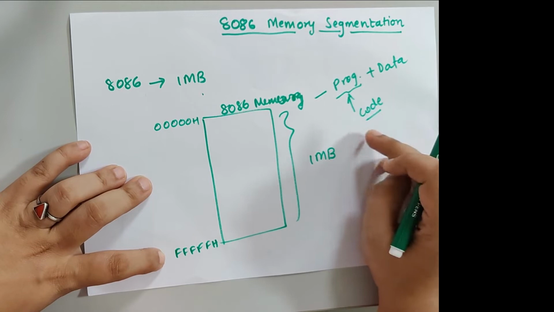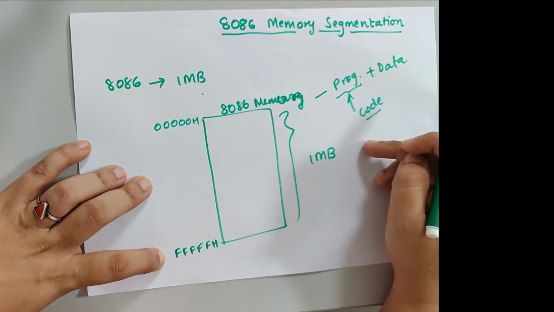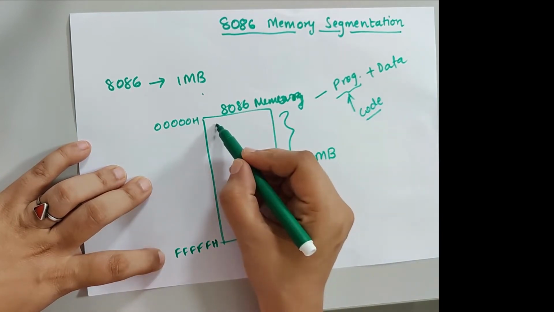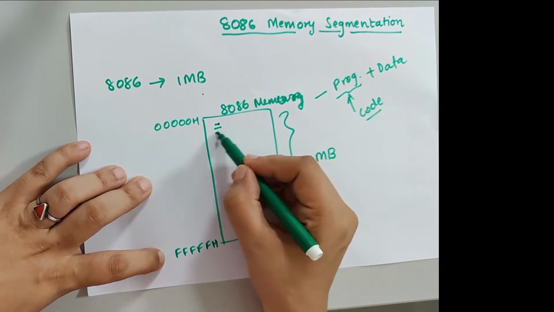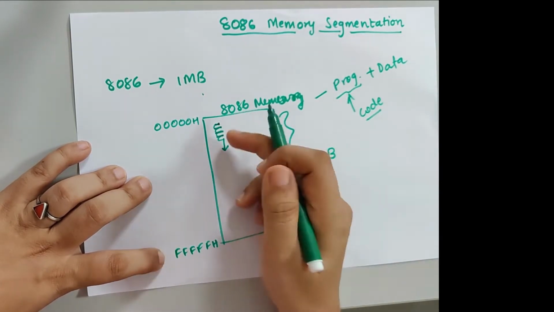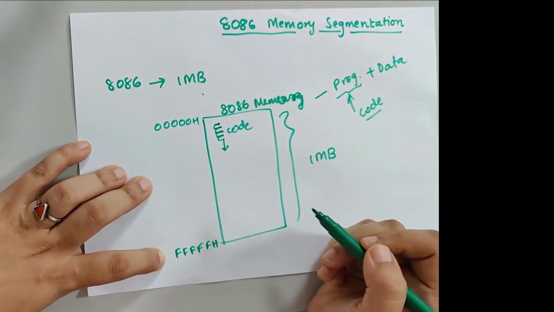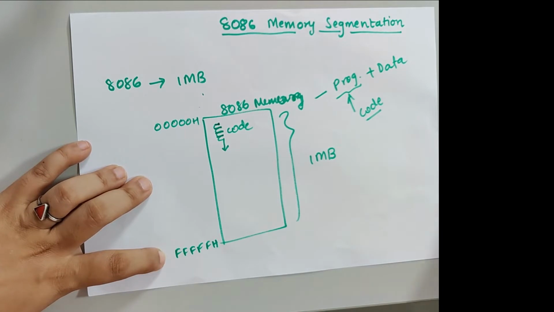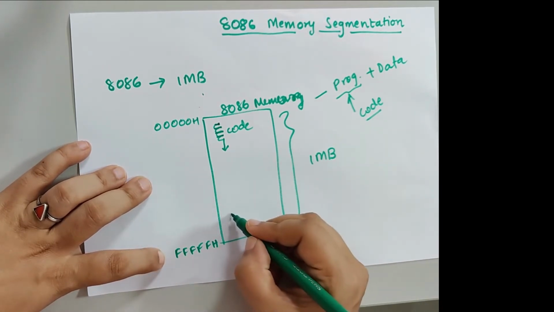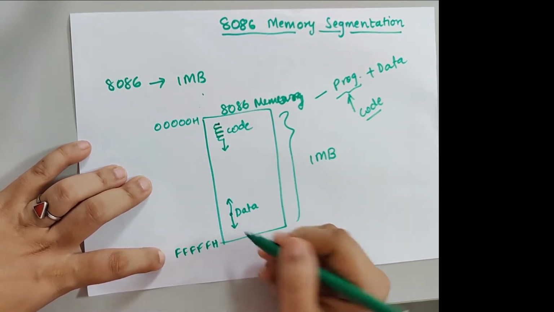Now in this memory we are storing some code also. What is code? These are basically different instructions, right? Programs are stored sequentially. Here I am storing the first instruction of the program, then at the next address I store the next instruction, and so on. Like this the code will be stored, with the address incremented. Similarly, data can be stored anywhere, so it is random basically. I can store the data anywhere in the memory.